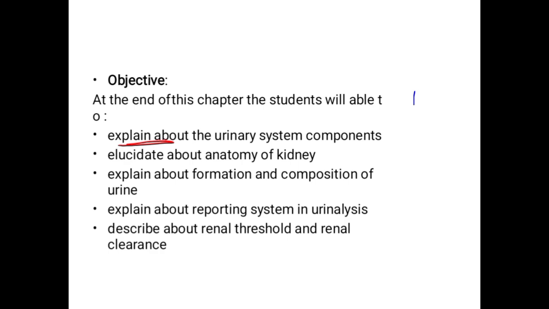And the main components of the urinary system are 4 up to